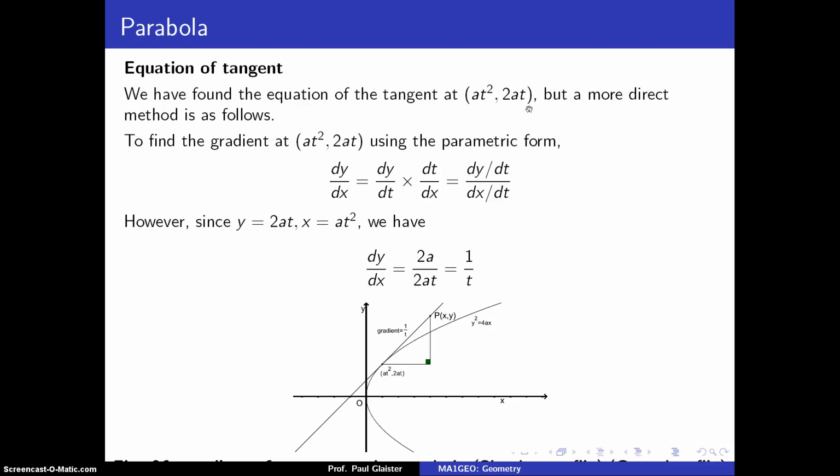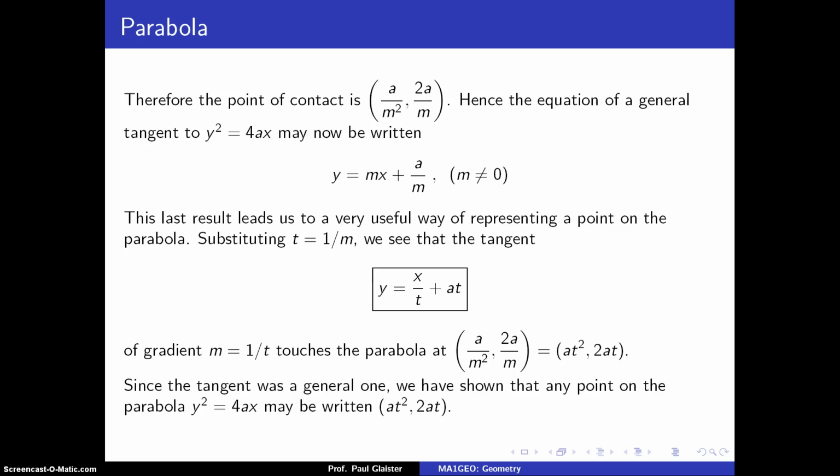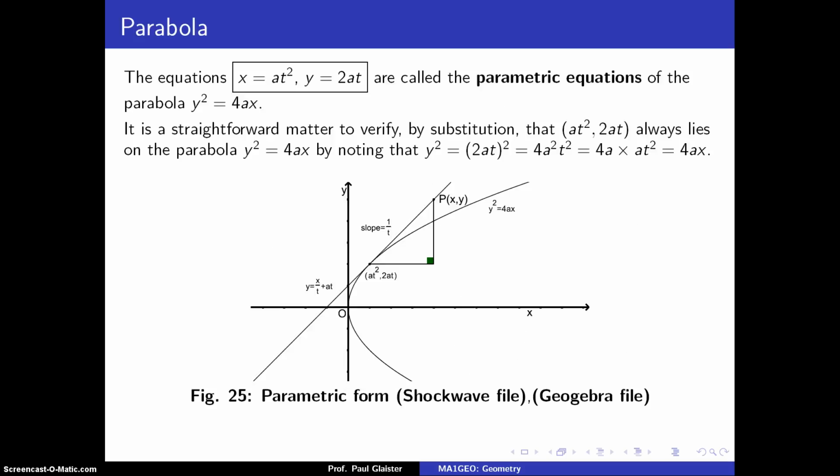We're going to do this in the same way that we do it for many of the other shapes, and we've actually already done this in what we needed to get the parametric form. So let me remind you, we ended up showing that y equals x over t plus at is the equation for the tangent. But let's suppose that we haven't done that and we literally start with the pair of parametric equations at squared,